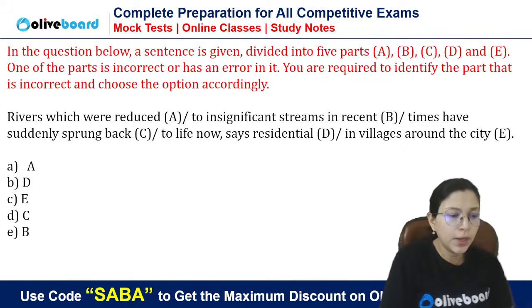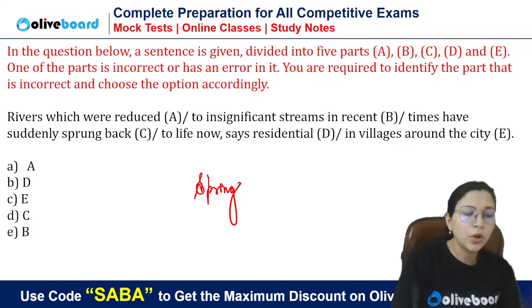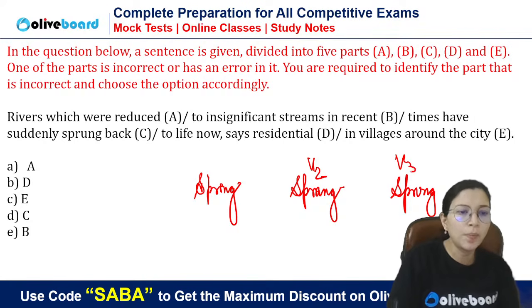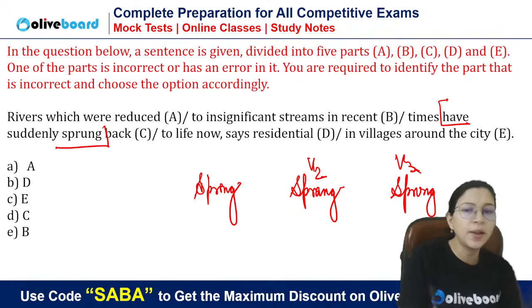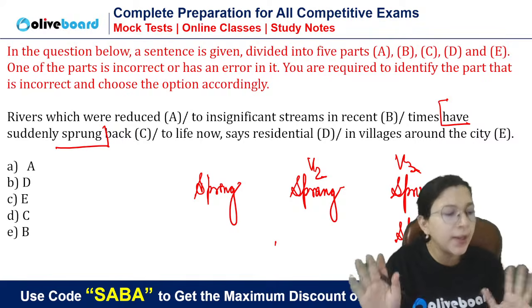Who is this person, Vignesh? See, I can teach you everything, but I cannot learn the verb forms for you. Do you know spring, sprang, sprung? It is already V2 and V3 form. So you have plus V3, you don't have to add ED there. There is no word called sprung. This word does not exist only.